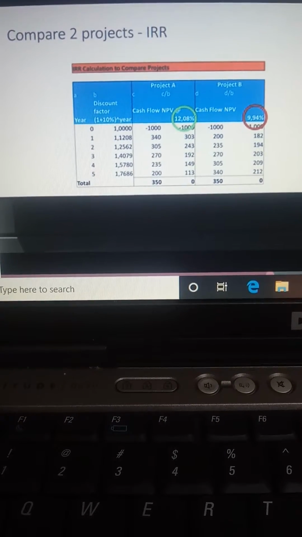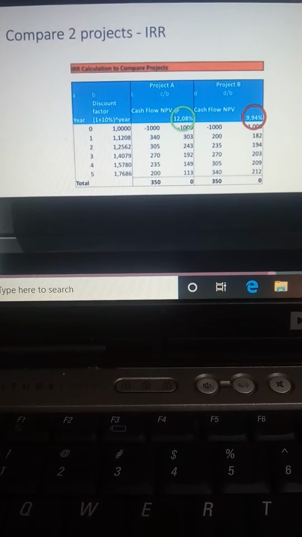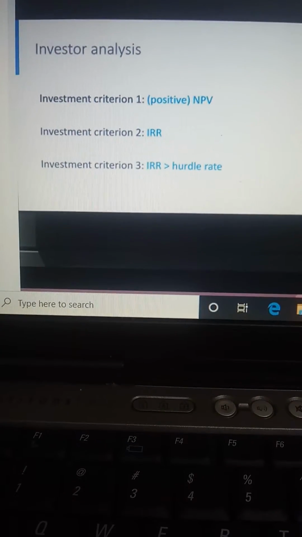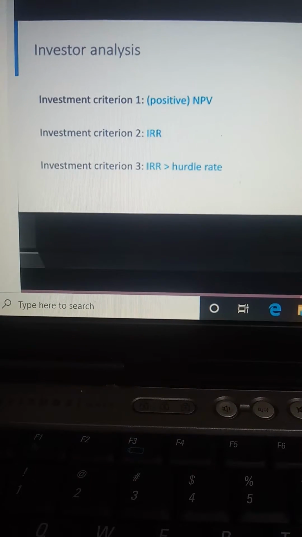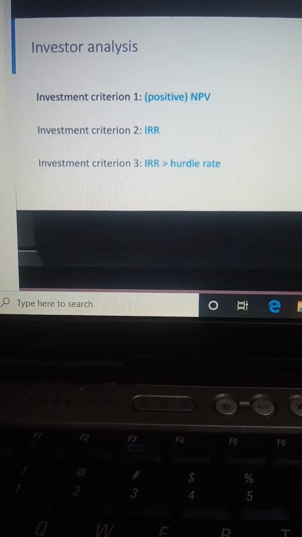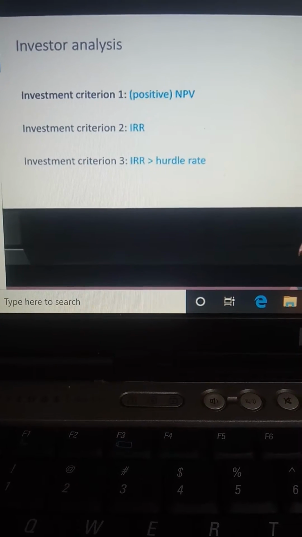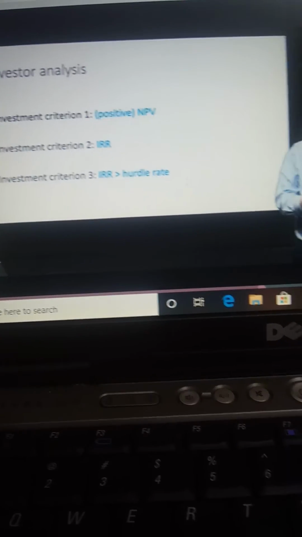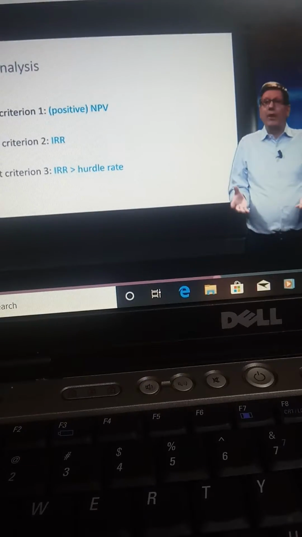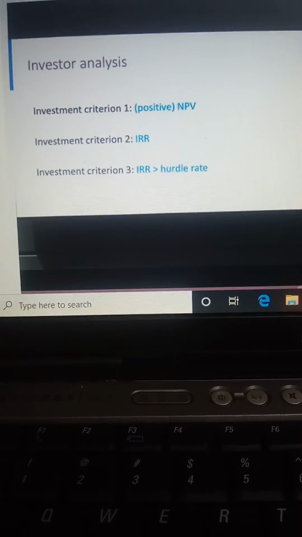Now there's one last step we can take. We need to determine the investor's hurdle rate. That is the lowest IRR rate that is acceptable for the investor. It is a hurdle we need to cross to get his investment. We need to understand that an investor needs to raise funding himself. The funding he provides to you also costs him money. He needs to make a return from your investment that is at least equal to his own funding cost, otherwise he'll be down on the deal. We can conclude that our project IRR needs to be above the investor's hurdle rate to get his money.